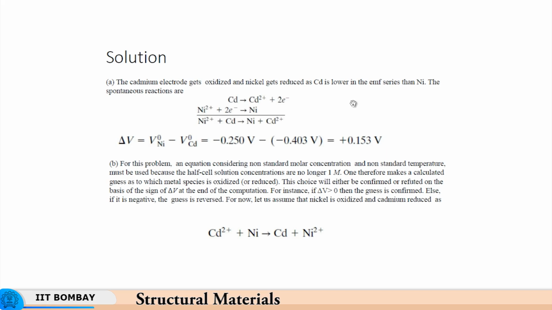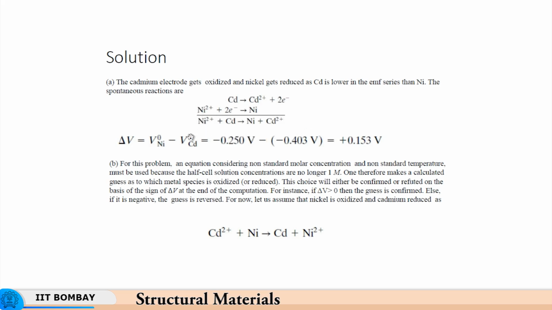But if you do get a negative sign, it means that there is some mistake in using the electromotive force series, EMF series, and one has to check the relative positions and the corresponding